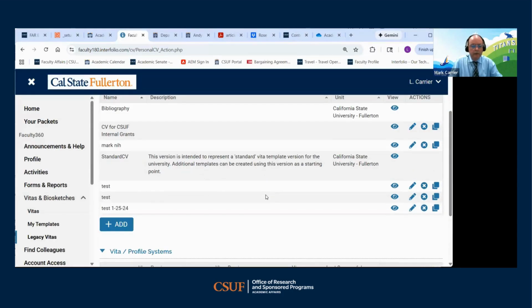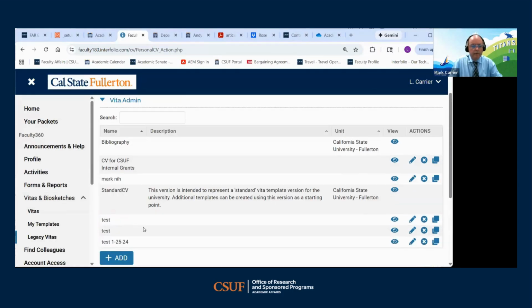And when you first go into the Vitas section, it shows you a list of Vitas that you've already created. You may not have anything here. I've got ones that I'm basically just testing to get the system going based on my information. And then we're going to need to add a new Vita. So I'm going to click on Add,